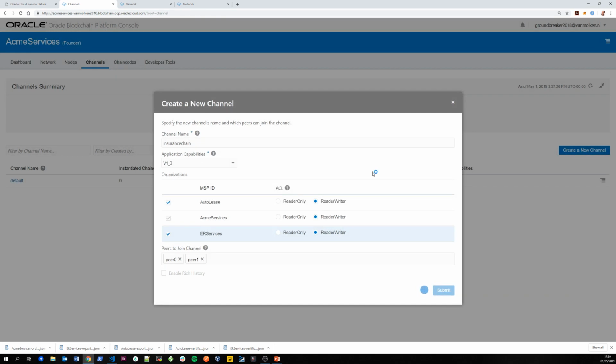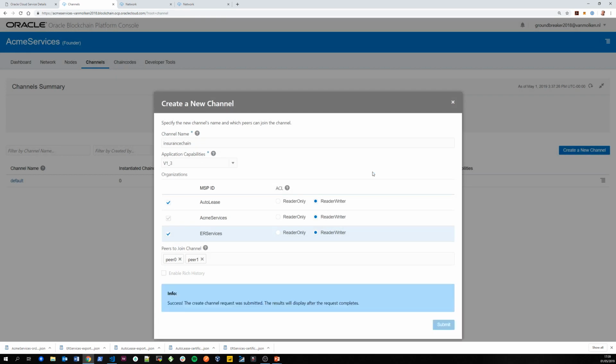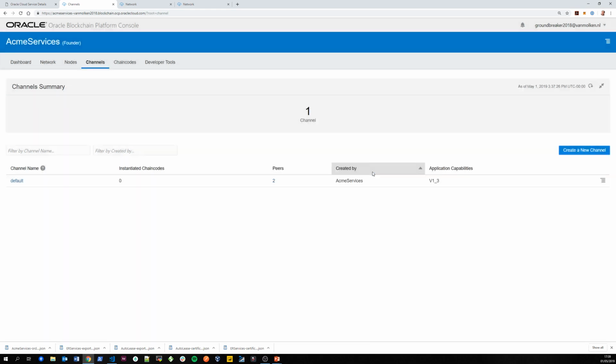So in the background now, it creates the channel. So it's now a success, and it does it in an asynchronous way. So it's not visible here. It's now in the background. If it's created, we get a notification here at the top, and then it will also be visible